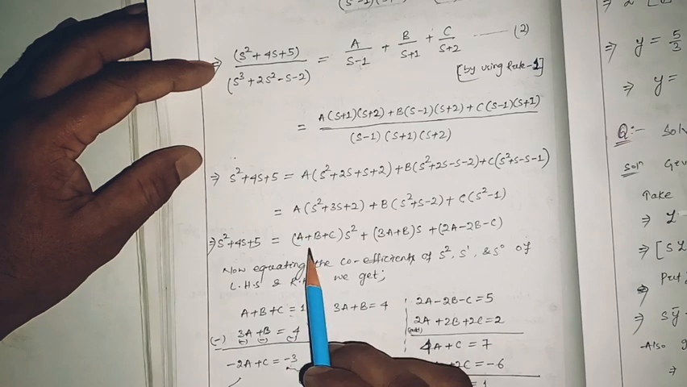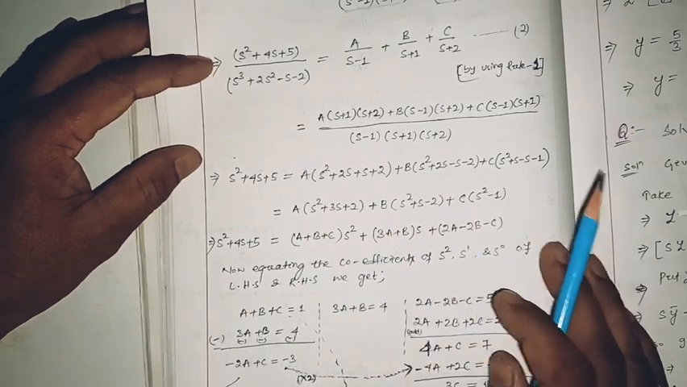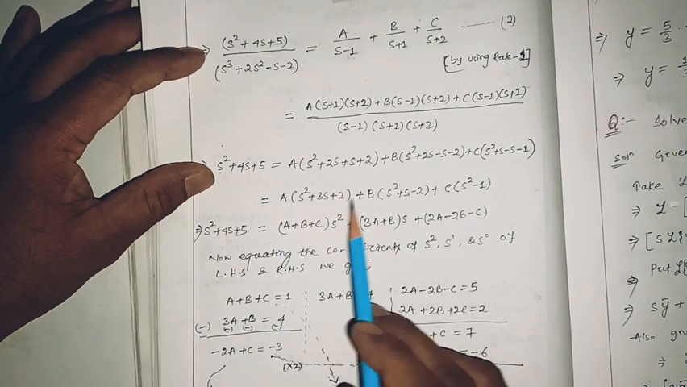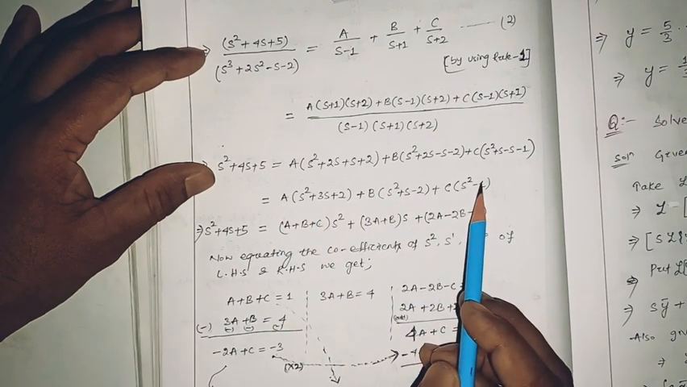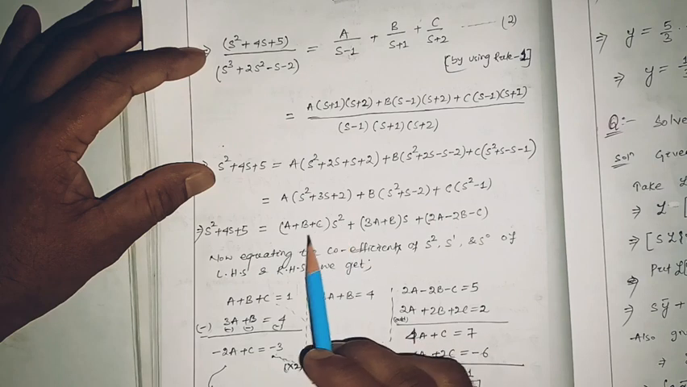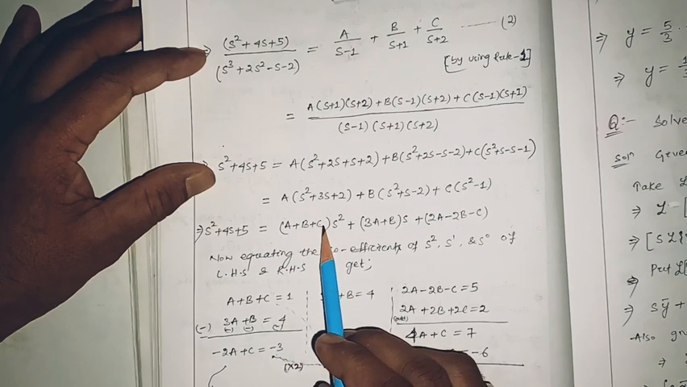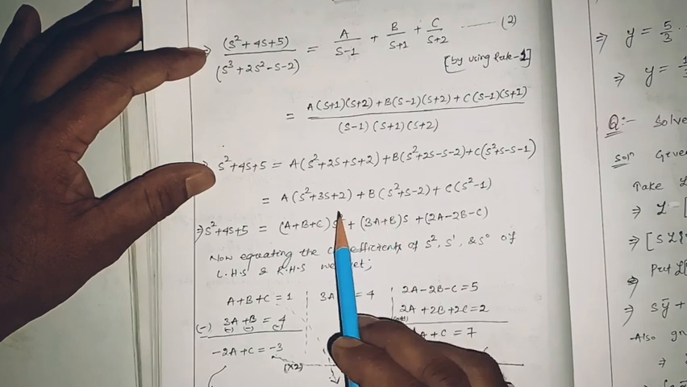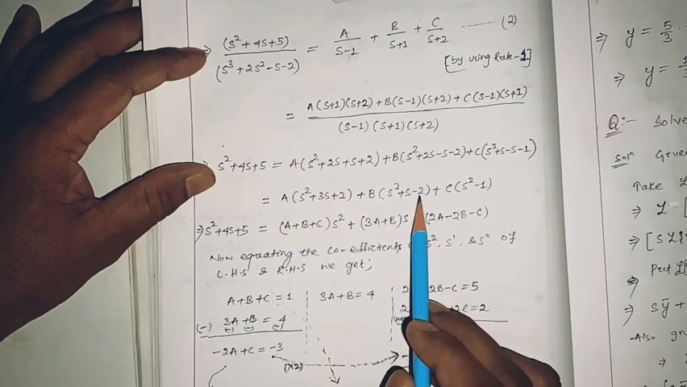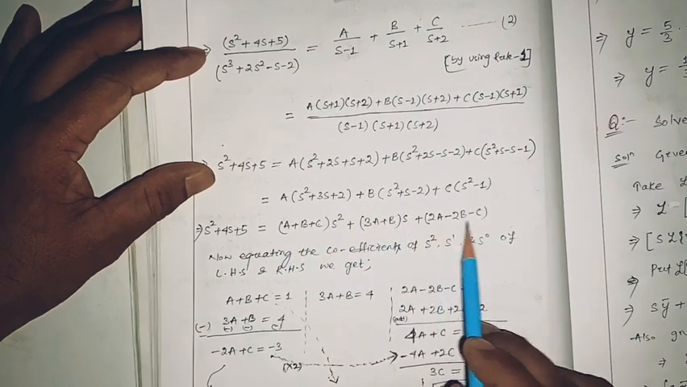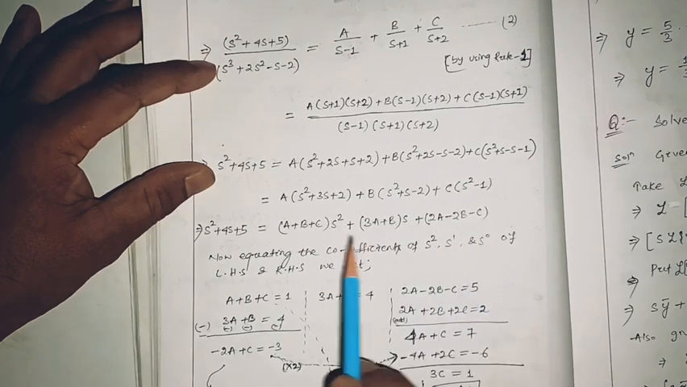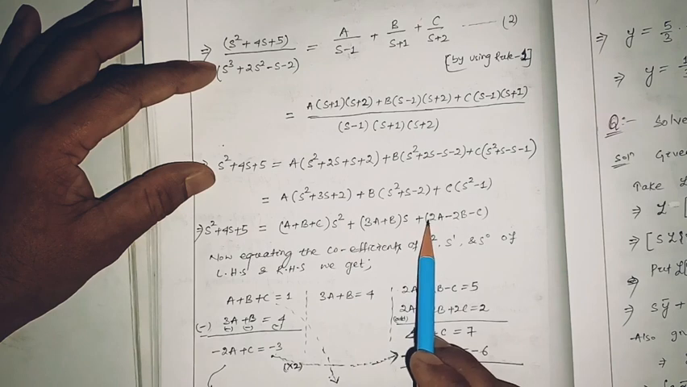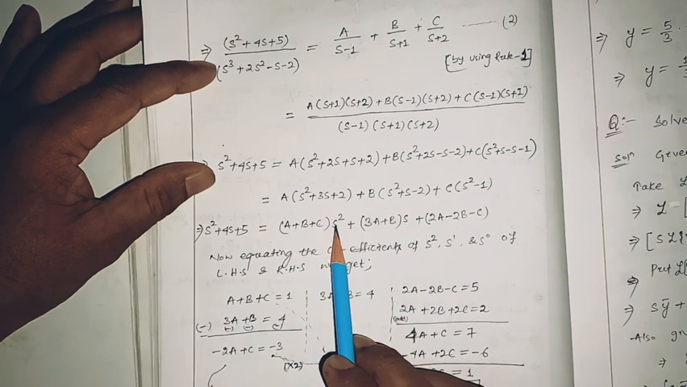Here we found this one. Here you can see a square b a square plus c a square. So collectively the a square coefficient will be a plus b plus c, the s coefficient will be 3a plus b, and here 2a minus 2b minus c is there. So if the LHS term equals this RHS term,